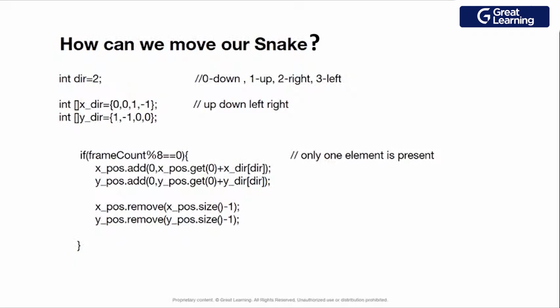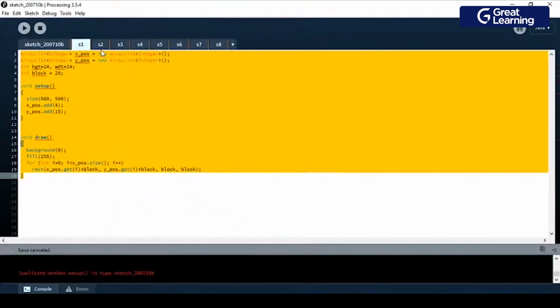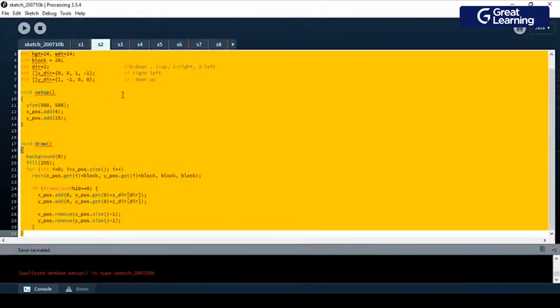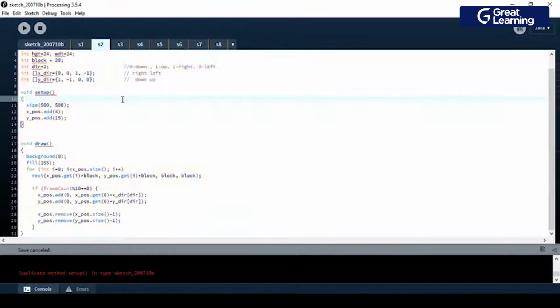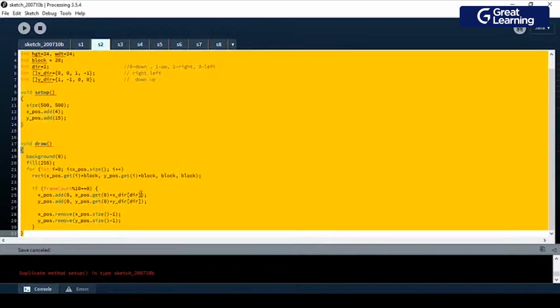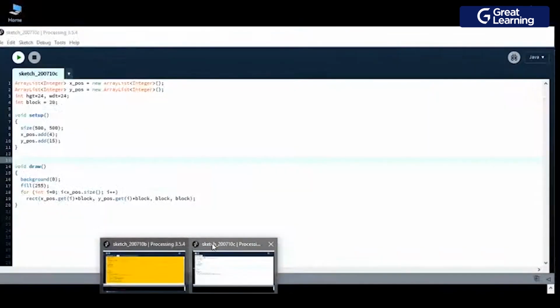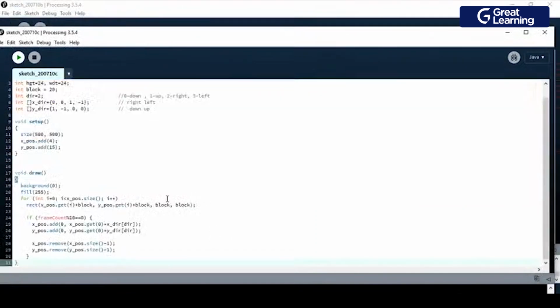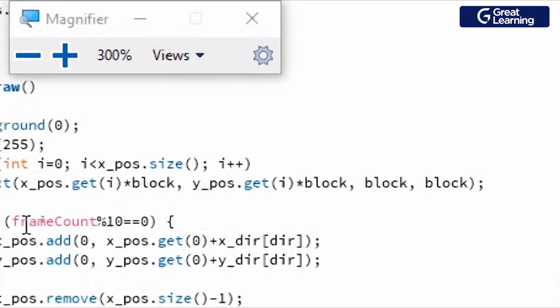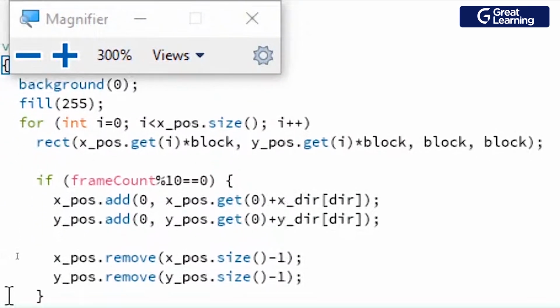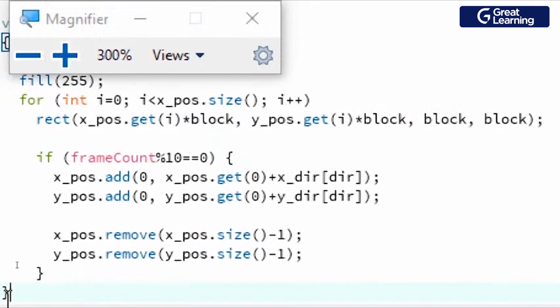And then when we try to remove, you see why we use this remove thing, okay? I will show you this in here. Okay, let me go back to this and let me copy this, select all and paste. This is the thing that I told you, right? The frame count and everything is visible to you. Let me just magnify this. I told you guys when we want to move, we will use this thing, right?